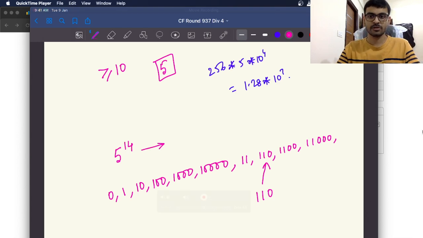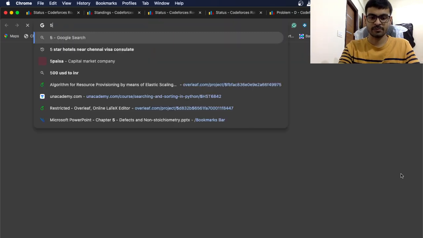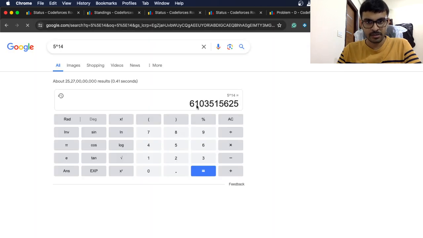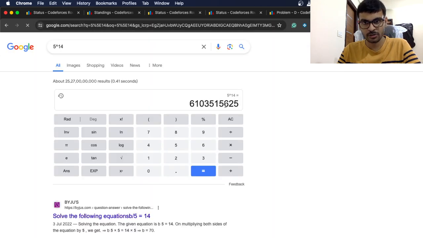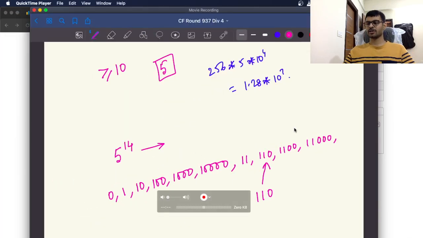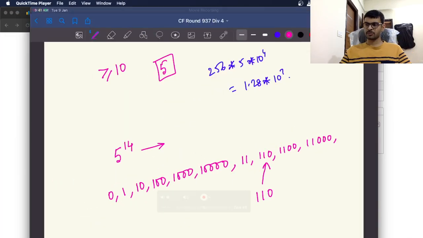5 to the power 14. What is it going to be? That's a big number, and we are saying not all will be found. So this is 1 2 3 4 5 6 7 8 9. So 6 into 10 to the power 9, a pretty big number. We can't endure so much. We are saying it won't be enduring so much. At any point of time we will have,